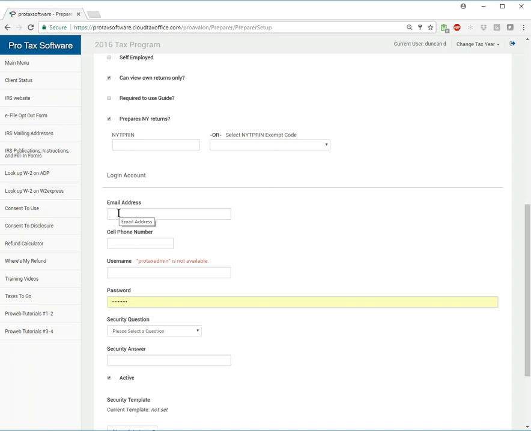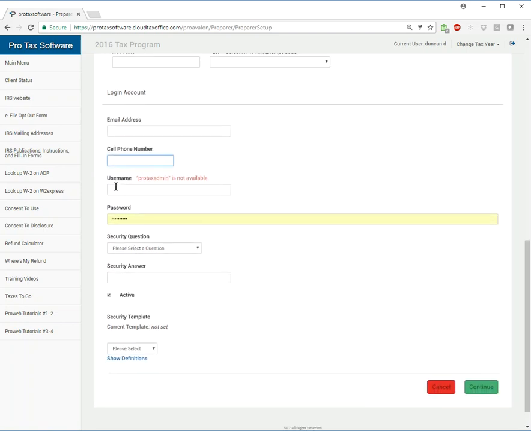To do so, we're going to send you an email in conjunction with your account, or a text message that corresponds with the cell phone number on file. Okay, once that's set up, you're going to put in their username, a password for them,